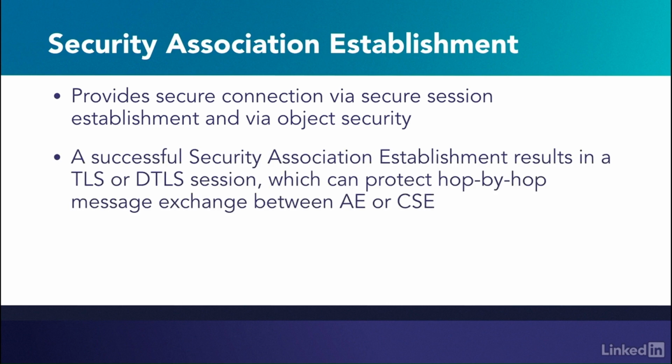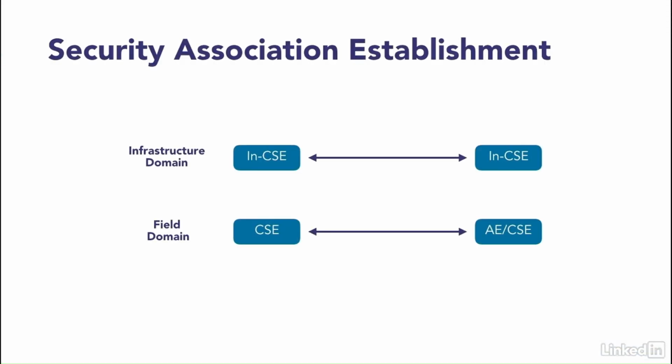A successful security association establishment results in a TLS or DTLS session, which can protect hop-by-hop message exchanges between application entities or common services entities. Such security association may be done differently depending on the M2M entities in the domain. For example, the security association establishment is mandatory between common services entities in the infrastructure domain, while it may not be required between common services entities and application entities, or common services entities in the field domain if the risk